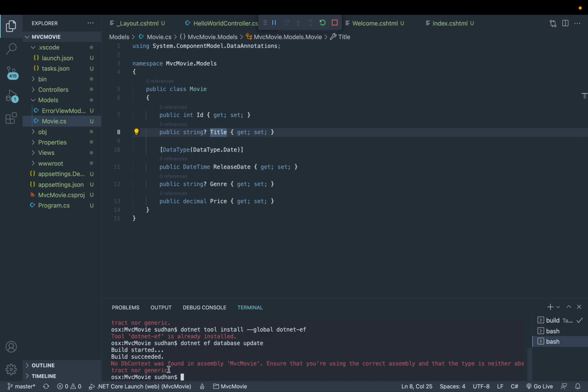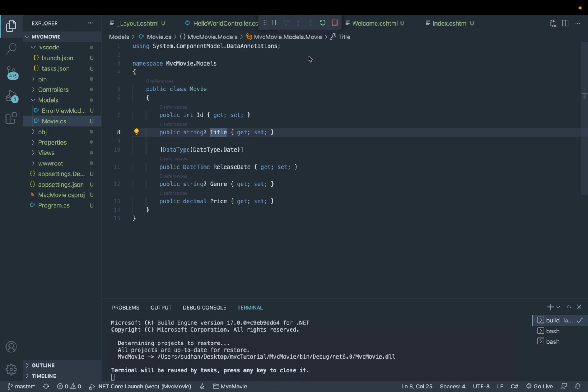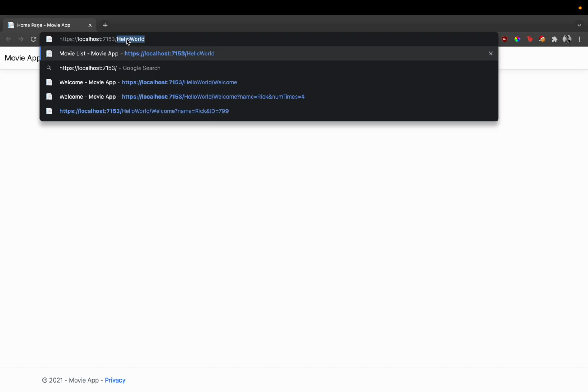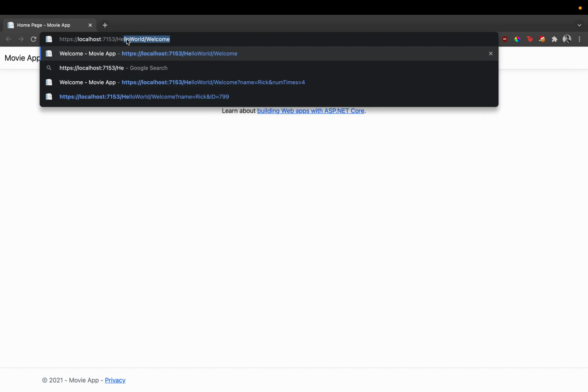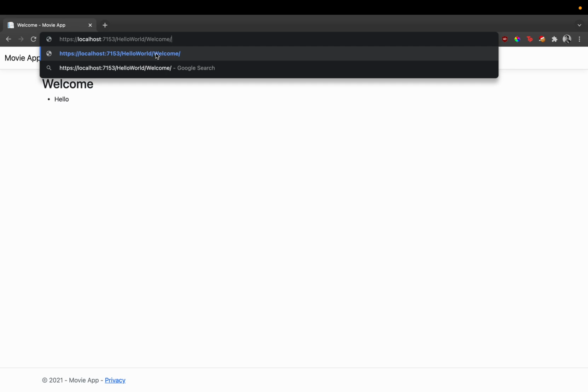Awesome. Now we're going to go ahead and retest our application. Go ahead and press refresh in your Visual Studio Code. And again, if all goes well, you should see the MVC movie app show up, and we should have the same functionality that we've had in all of the previous videos. We can go to hello world and welcome, and we should still be able to use everything like the name tag